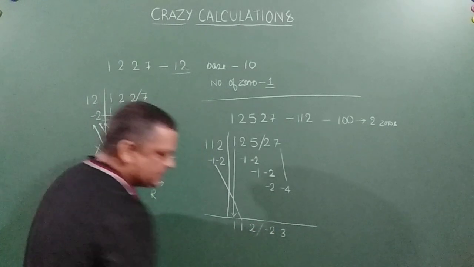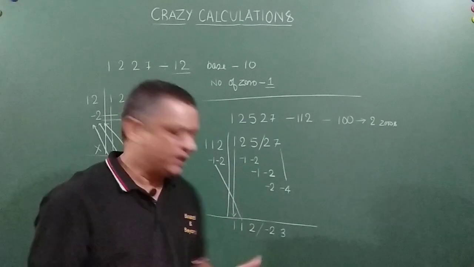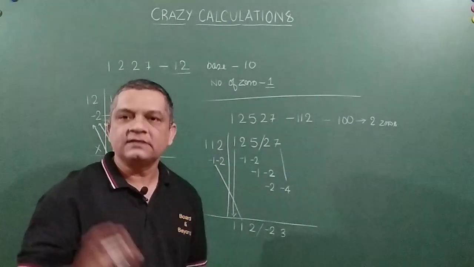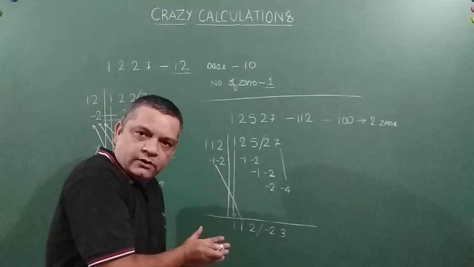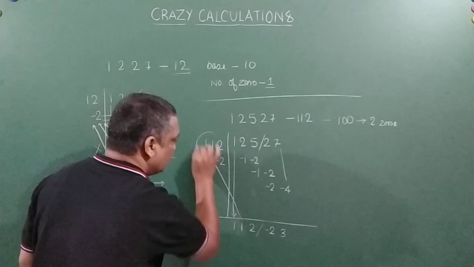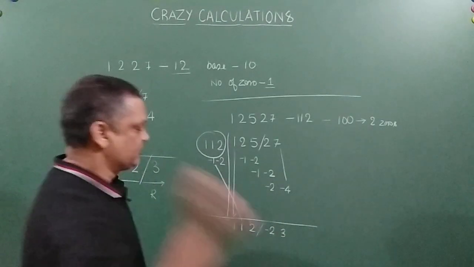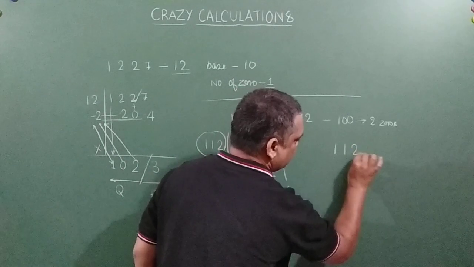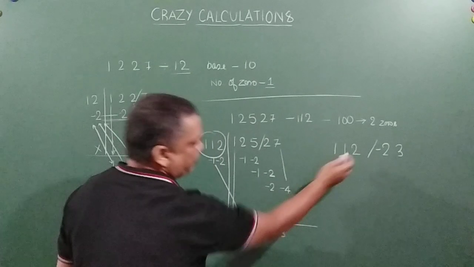Now friends, what happens is, whenever there is a negative digit coming in the remainder, in that case what we do is we take 1 from the quotient, and that 1 is equal to your divisor. Let me explain. So I have got 1, 1, 2, minus 2 and 3, right? I have just reproduced it here.